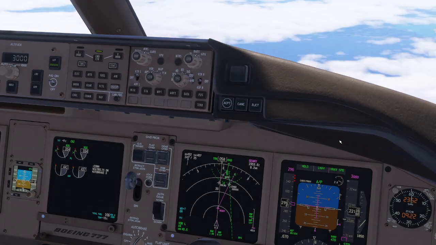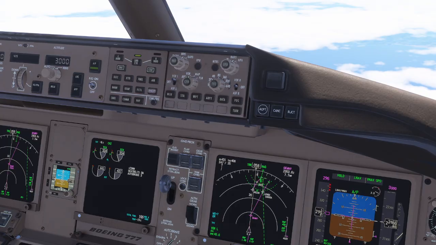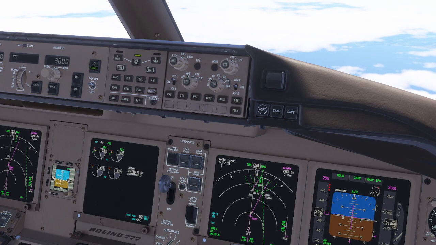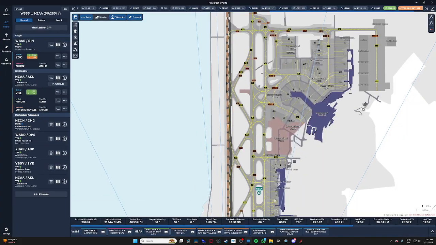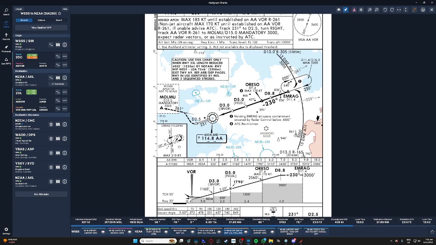Right, so our initial approach fix, our IAF, is at 3,000 feet. Let me bring up the charts. So, MRAC. We're doing a transition at MRAC, and here it says altitude constraint 3,000 feet. And something to note that is different from a STAR, for example, we're doing the Aradi